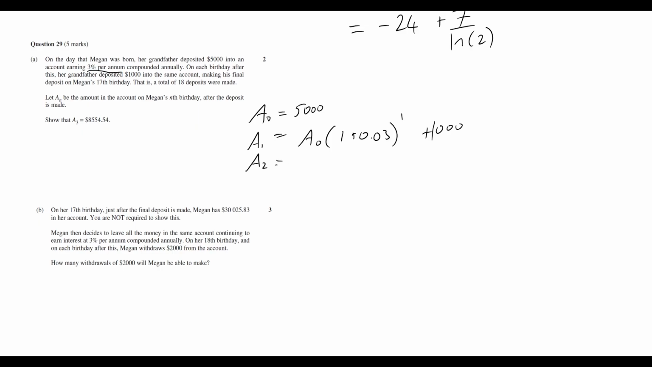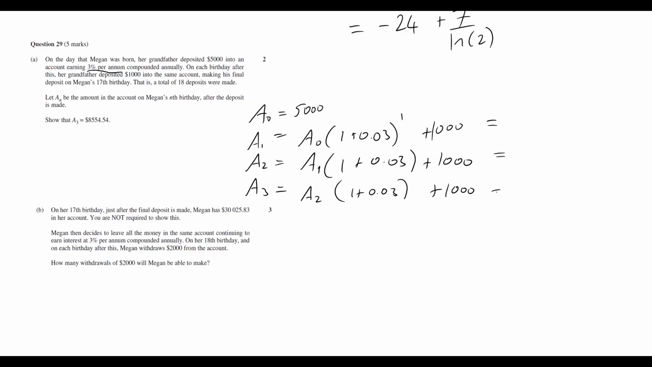Now let's look at A2. So A2 is now going to look like A1 times by 1 plus 0.03 plus $1,000. Okay, and now A sub 3 is now going to look like A sub 2 times by 1 plus 0.03 plus $1,000. And so you can go through and put these all into your calculator, and what we get